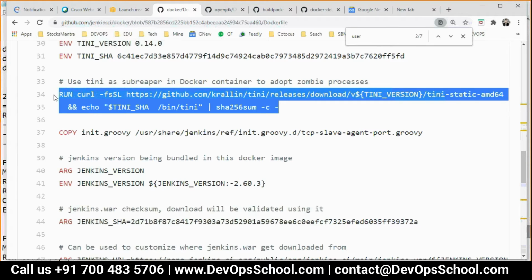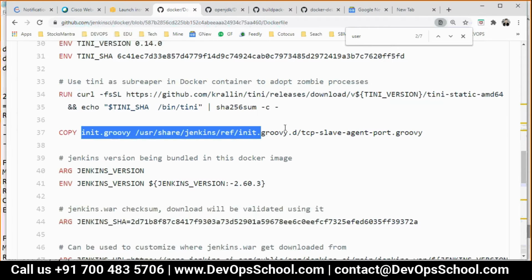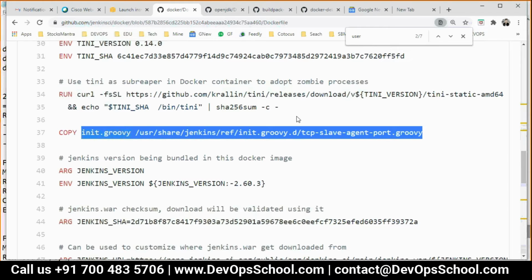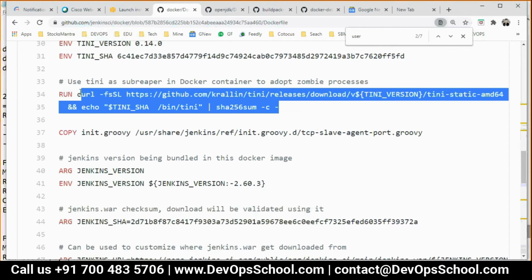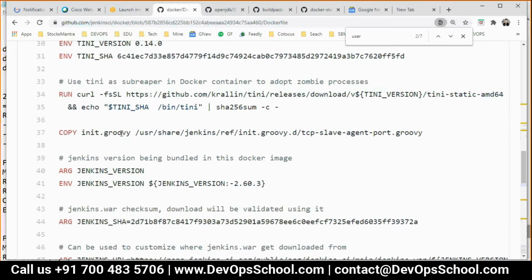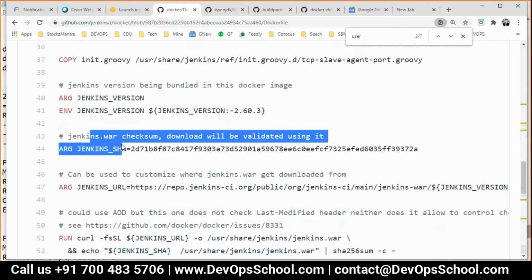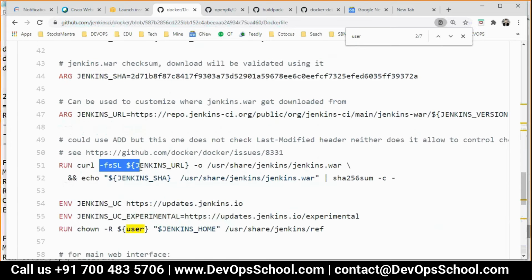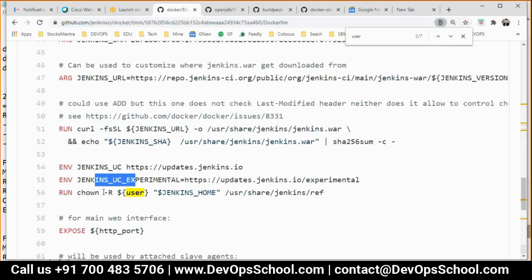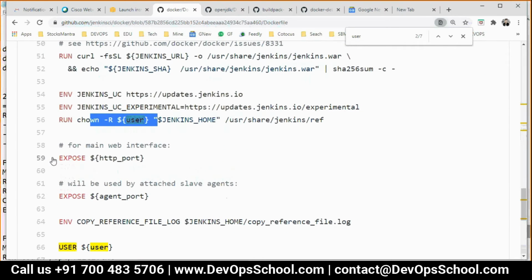So from this line, one layer will be created, this command will run, and this file will be copied inside a container of this layer. Understand that? So this COPY, ARG, ENV, ARG, ARG, RUN, ENV, ENV, RUN. Now EXPORT.